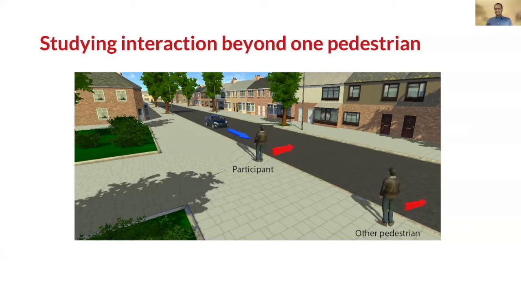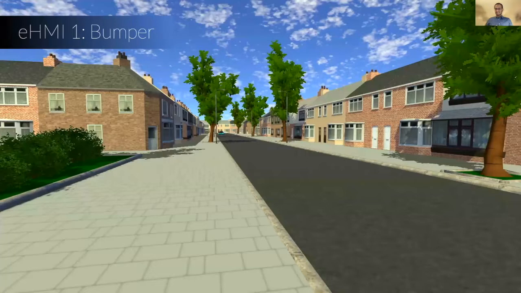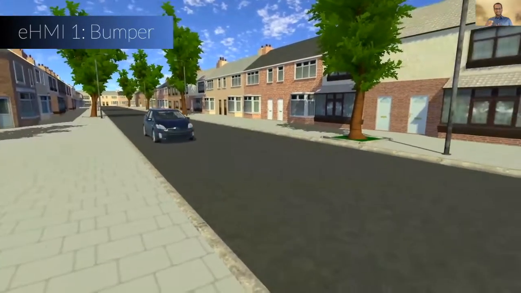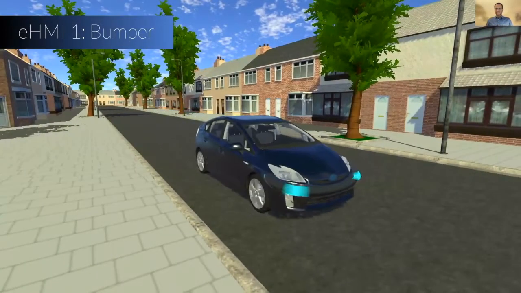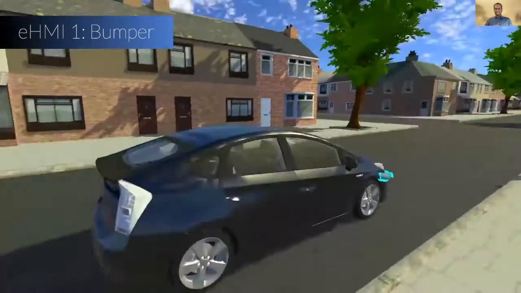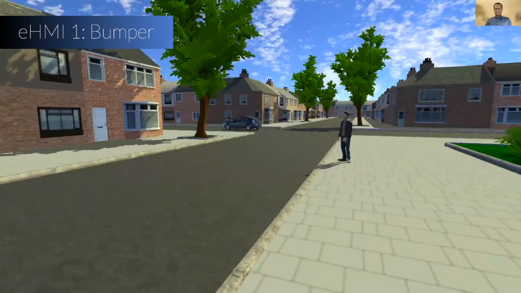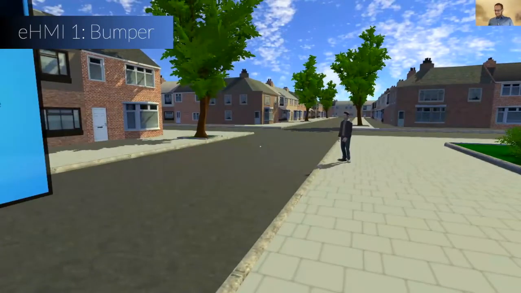We tested this scenario out with several eHMI concepts, including some reinterpretation of our distance-dependent eHMIs that we presented in AutoUI last year. I will quickly demonstrate the eHMI concepts. The first concept is the bumper eHMI, which is a light band on the bumper of the car. When the car is cruising, it glows steadily in a bluish-green color. When it communicates yielding intention, it starts animating in a sideways swiping motion. And when it's ready to start driving, it returns to a solid glow again.